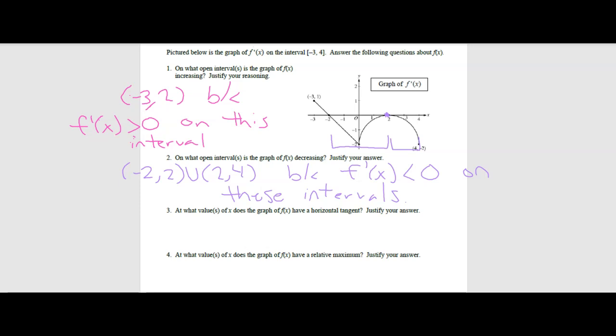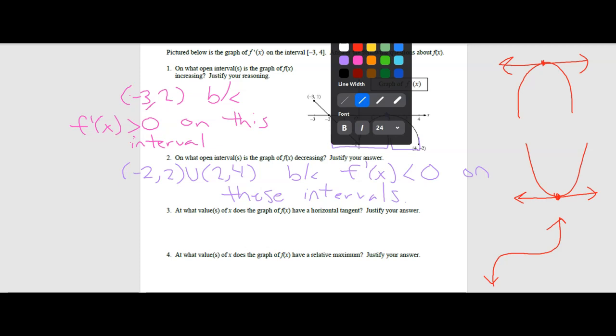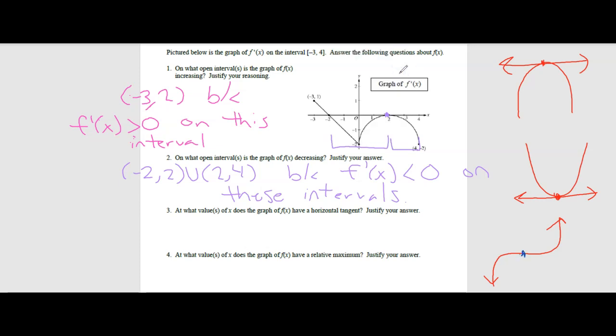So number 3 says, at what values of x does the graph of f of x have a horizontal tangent? Well, if we have some place where there's a horizontal tangent, we could have something that looks like this. We've got a horizontal tangent there. We could have something that looks like this, relative min, horizontal tangent there. And remember, we can also have something that looks like this, where there's no relative min or max, but there's still a horizontal tangent. But in all three of these cases,